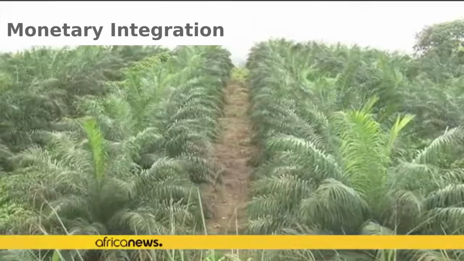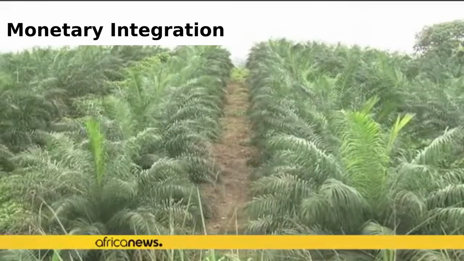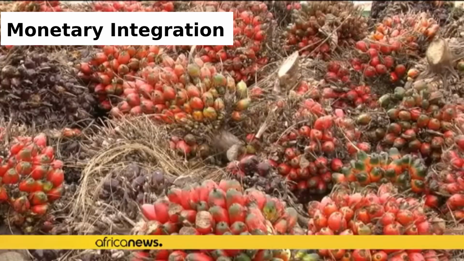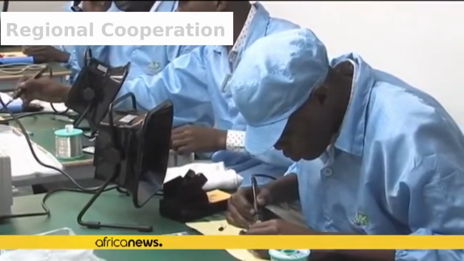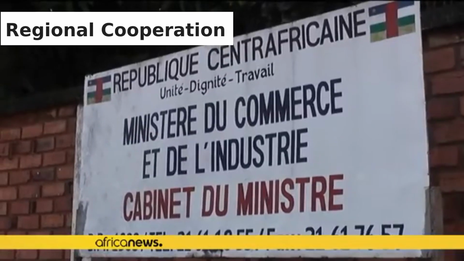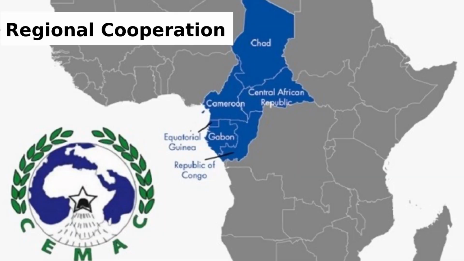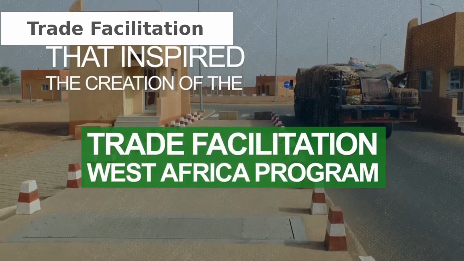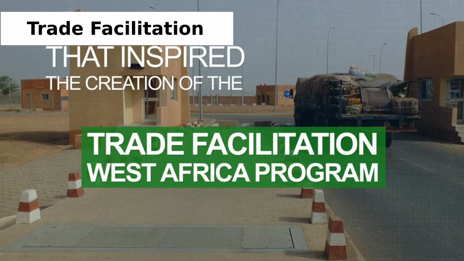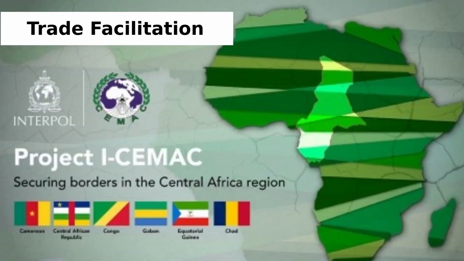The community sought to transition from cooperation to a more unified economic and monetary system to support less developed member states. The third one is regional cooperation. Member countries agreed to reform their regional cooperation effort to create a more robust framework for economic development and integration. And the last one is trade facilitation. The establishment of CEMAC aimed to boost regional trade by creating a common market gradually and converging national policies.